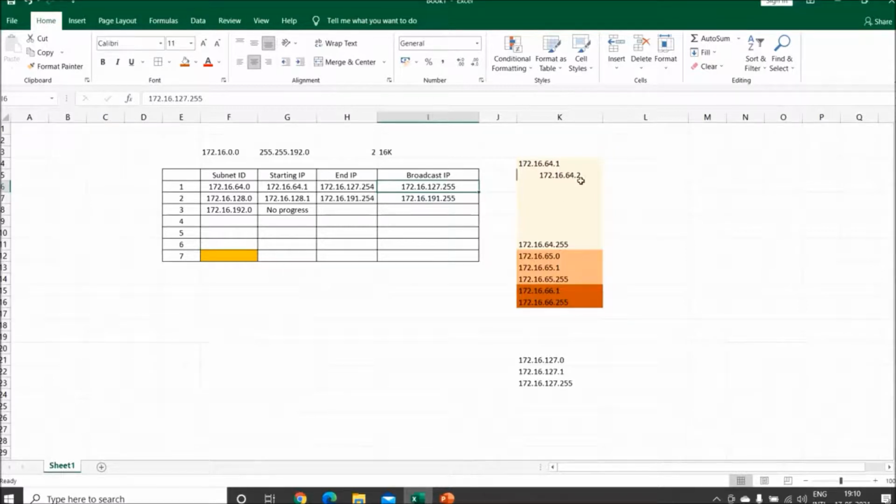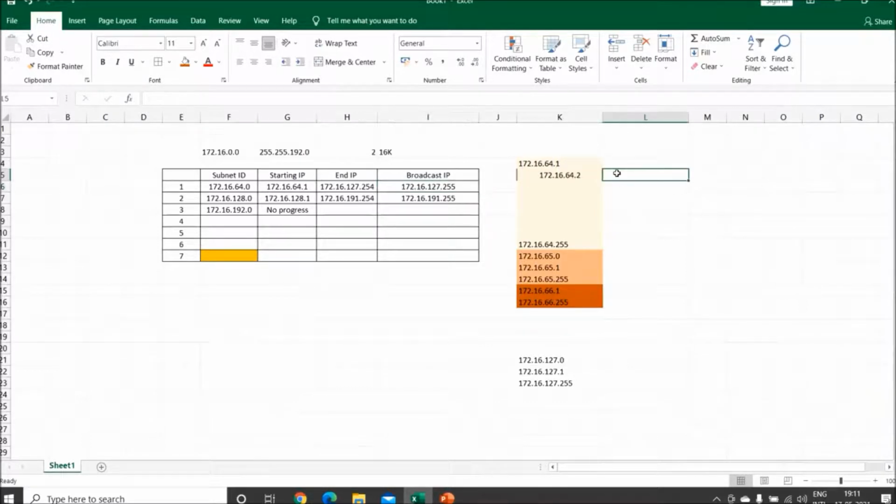So by typing different types of segment, right? So we are getting this much IPs in one subnet. Okay, 64.0 is one subnet we started. Within the 64.0, we have so many IPs. Okay, so for all these things, this is going to be the broadcast address. So this is how we get 16,000 IPs.